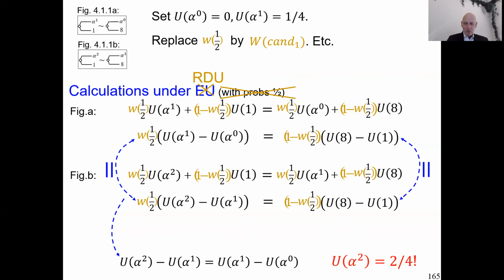So we can continue this way. I will not show it, but we can also show that the utility of alpha 3 is 3 over 4, and that the utility of alpha 4 is 4 over 4. The alphas are still equally spaced in utility units, just like it was before. Also, quite a while back, you drew your utility graph using your alpha values. That continues to be a valid utility function, also if you were not ambiguity neutral, if all kinds of uncertainty attitudes were going on. So it holds in great generality.